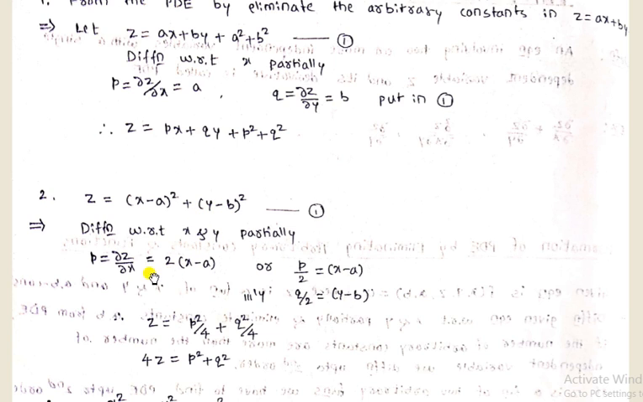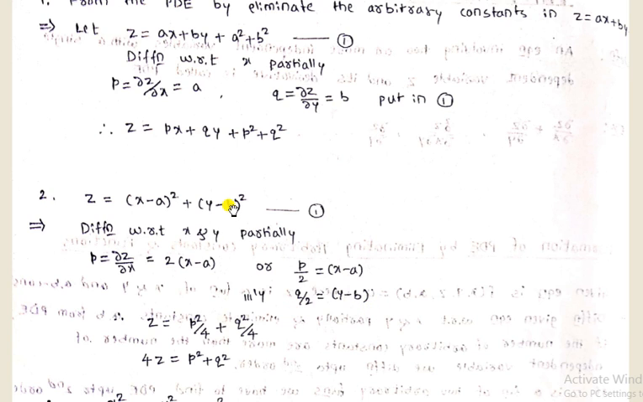So if you divide on both sides by 2, it becomes p by 2 equal to x minus a. Similarly, differentiate 1 with respect to y, so you'll get q by 2 equal to y minus b. So now substitute x minus a equal to p by 2, y minus b equal to q by 2 in